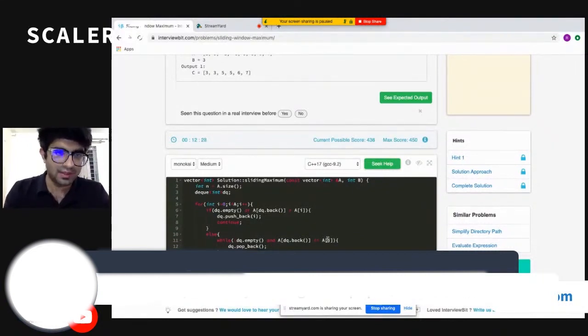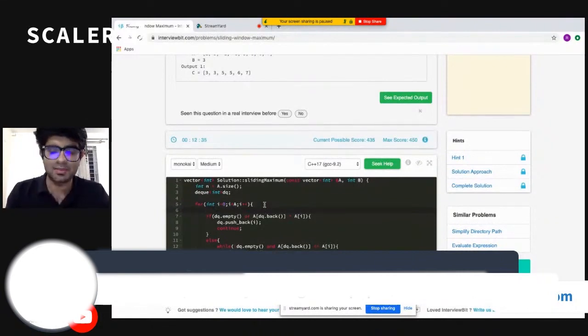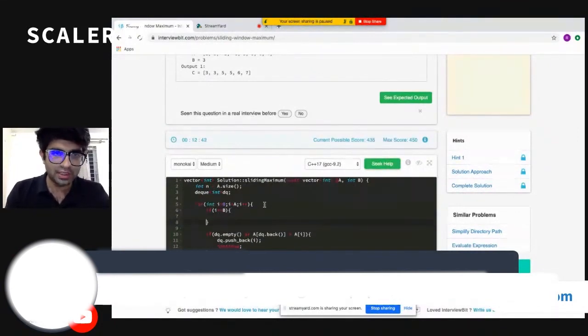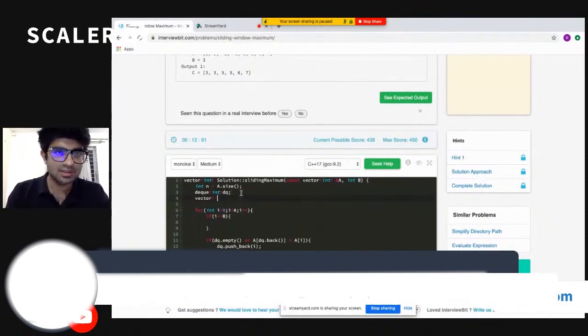So I am done, but I need to remove all the elements which do not belong to my current window. My next window will start when i becomes greater than or equal to B. Let me first initialize my answer as well.